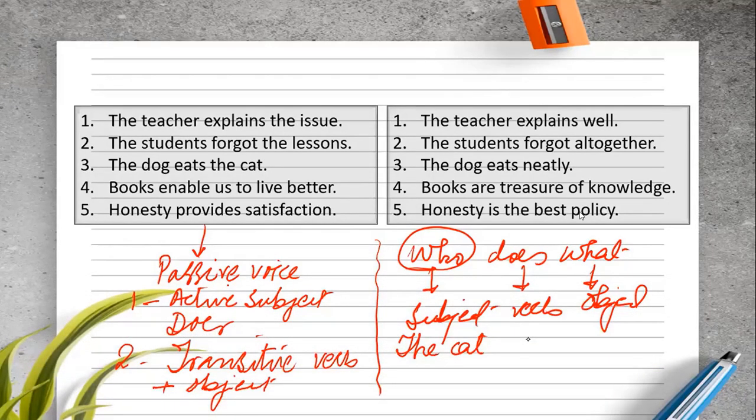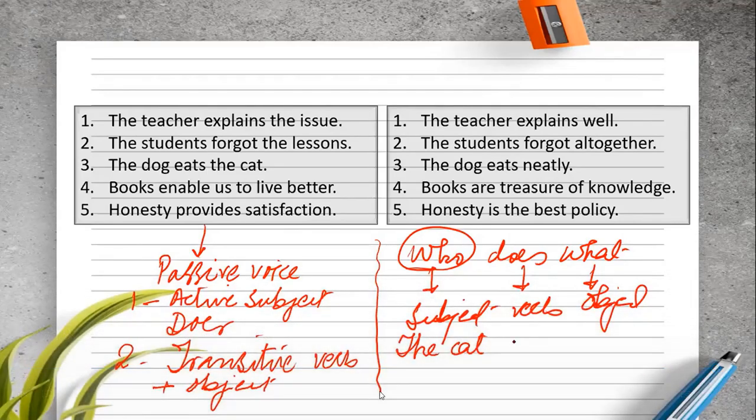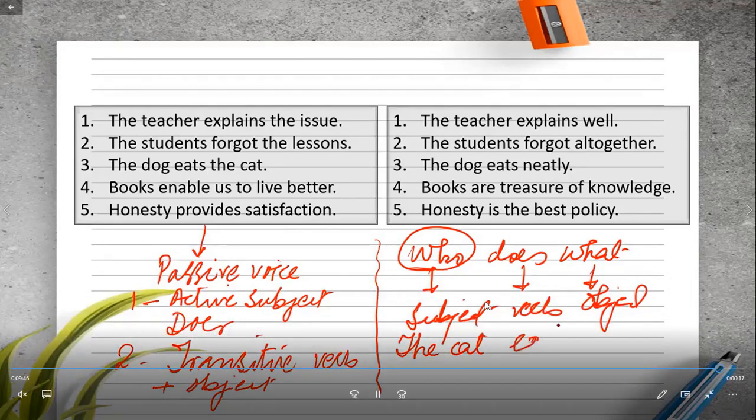Who does what means who is the subject, the doer who is doing the action, does is the verb, and what is the object. The cat eats meat. Okay, so